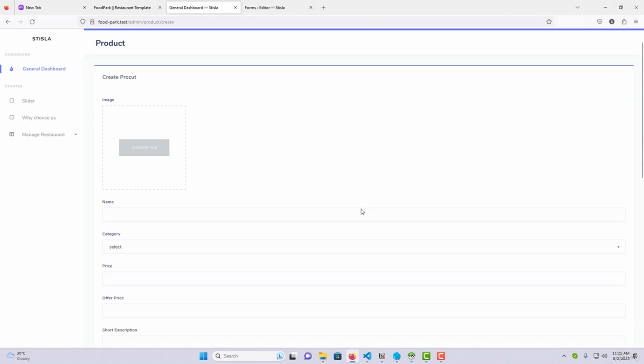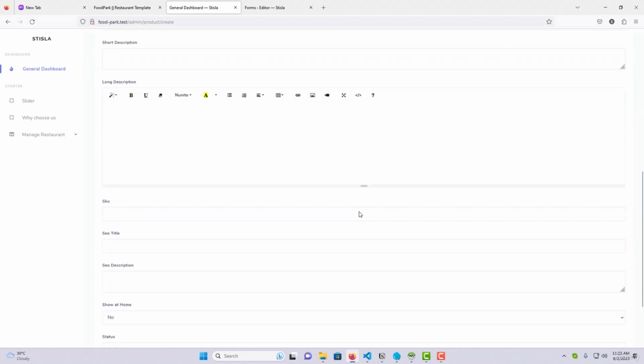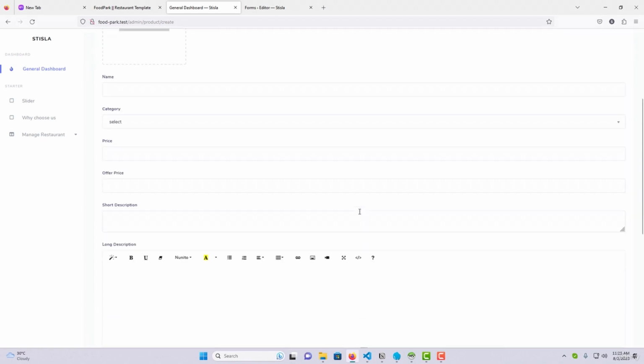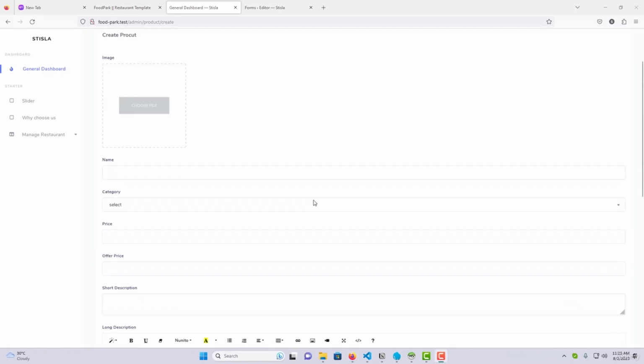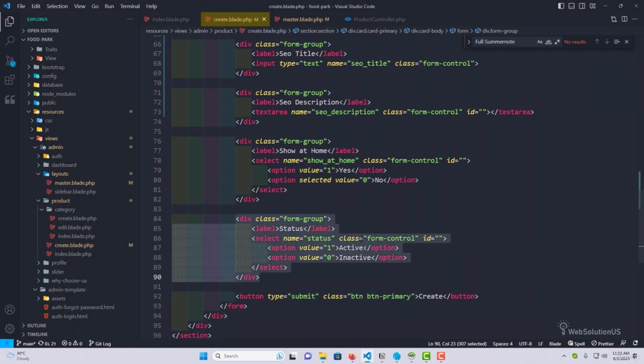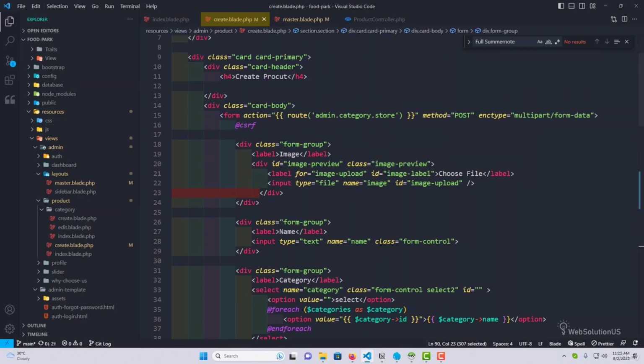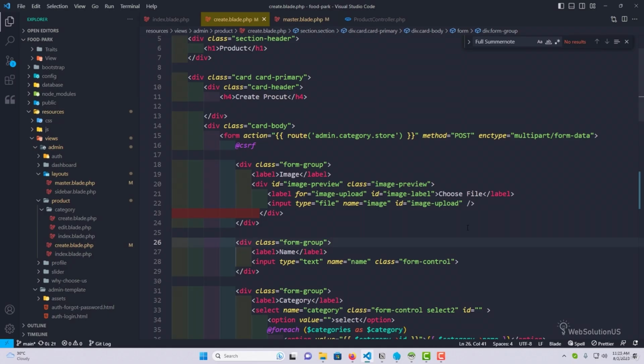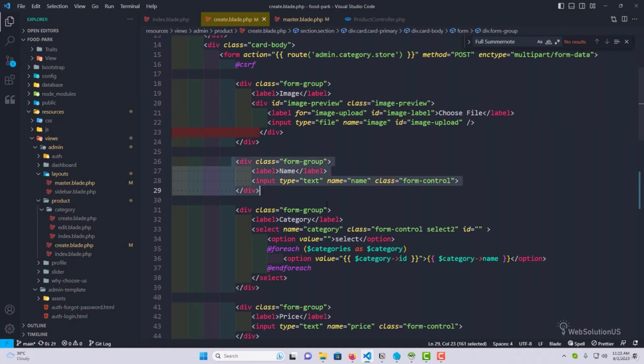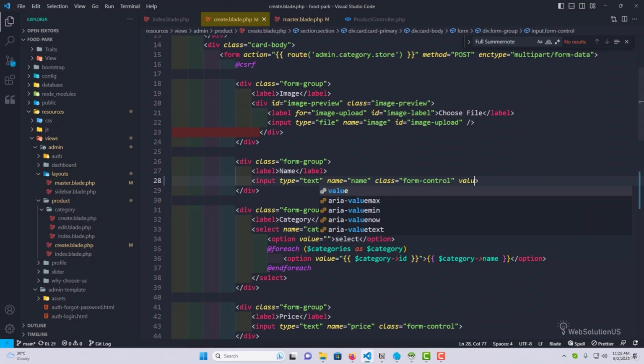Perfect. Now for these inputs, I'll be doing some tweaks for usability. Let me show you. Let's go to the code editor. In the create page, we'll be adding the old function to our input fields. So here is the name. I will add here a value attribute. Let's add curly braces old, and inside the old we will add the input name actually. So for this one it will be